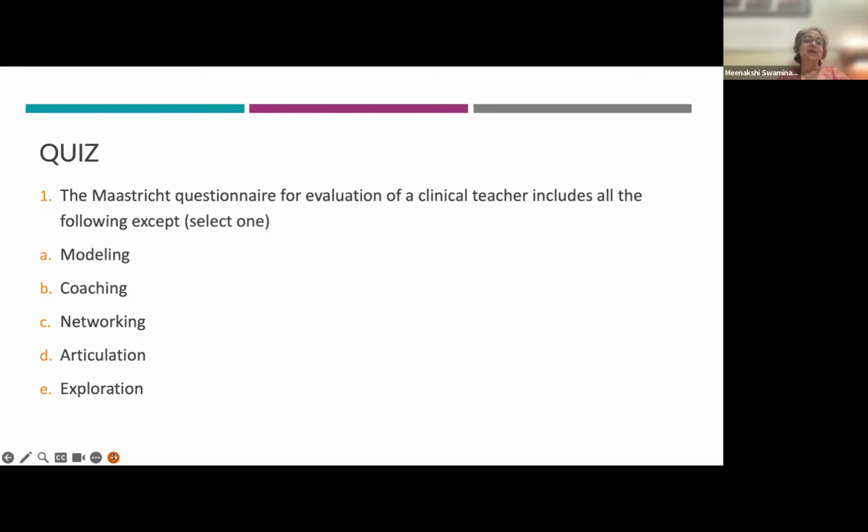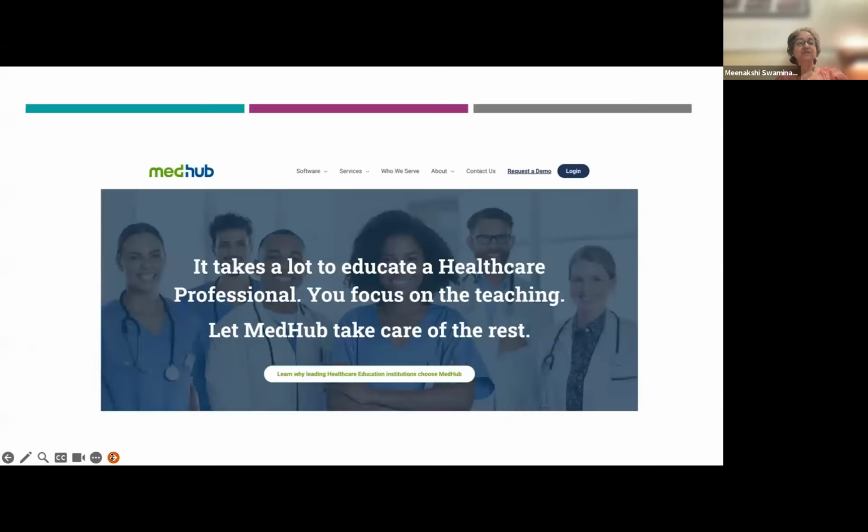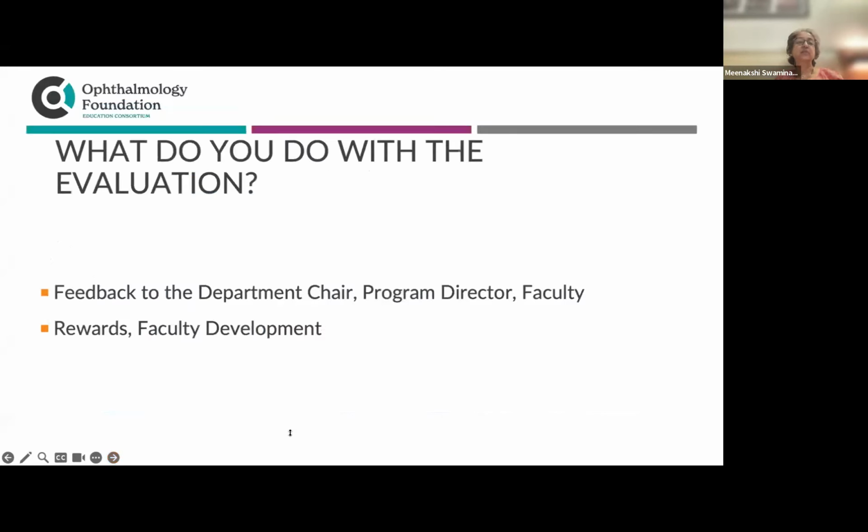But yeah, I think we'll be sharing a lot of the materials with you to look at as well, and to start implementing. I just thought I'd put a slide out there to show what a resident management system looks like. This is just one example. I have no experience with it, but this one also has faculty evaluation in it.